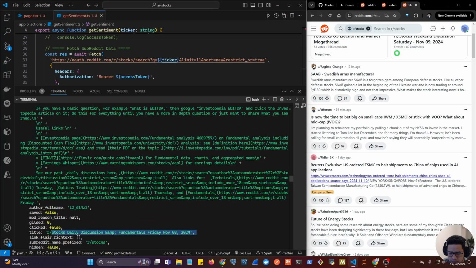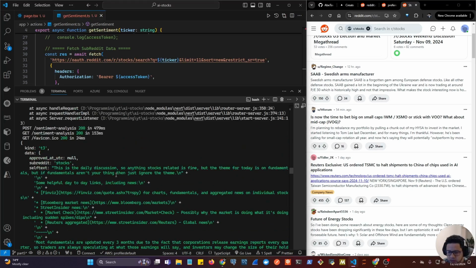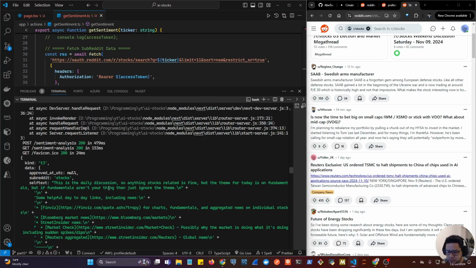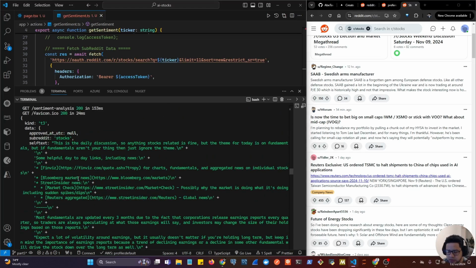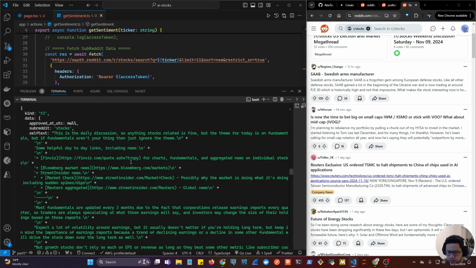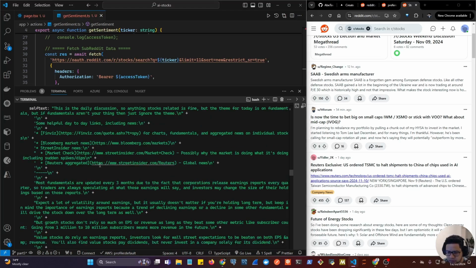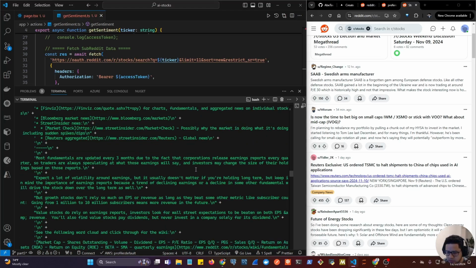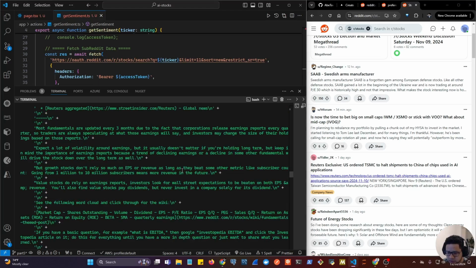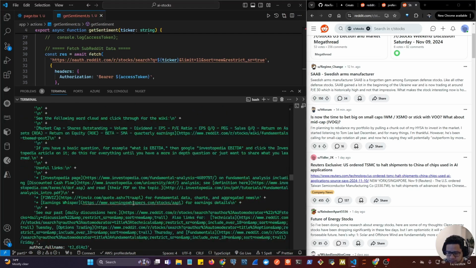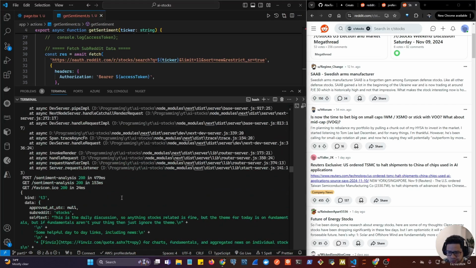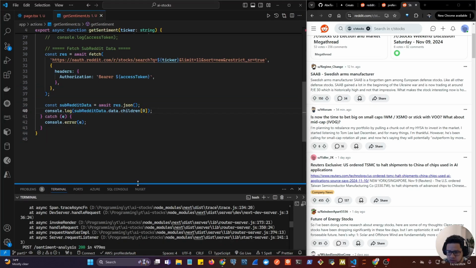Yeah, but sometimes we have to take into account that there are some pinned messages there that we need to maybe skip. But sometimes they're also useful if they do have information and people are discussing the stock that we want to get information from. So in here somewhere there has to be something about Apple. But let's try to console log the